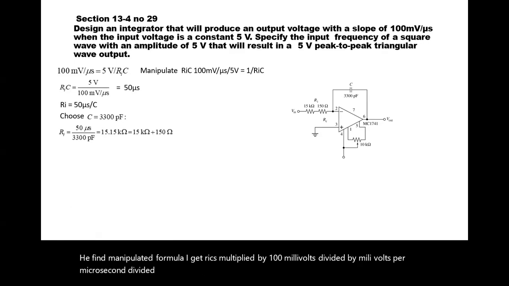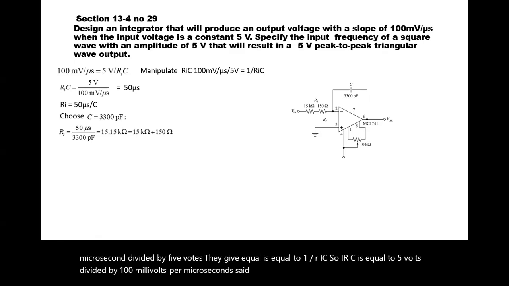1 divided by RIC is equal to 100 millivolts per microsecond divided by 5 volts. So RIC is equal to 5 volts divided by 100 millivolts per microsecond. That gives you 50 microseconds. RI is 50 microseconds divided by C. So I choose C to be equal to 3,300 picofarads. Substitute that in the equation, RI is 50 microseconds divided by 3,300 picofarads, and that gives you a value of